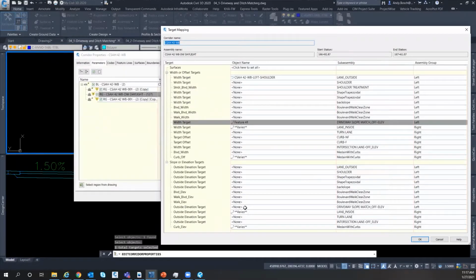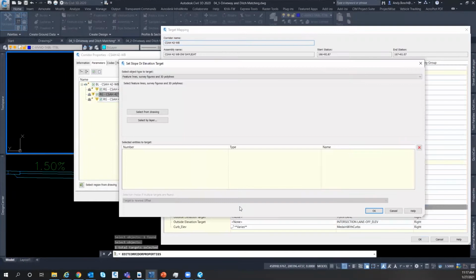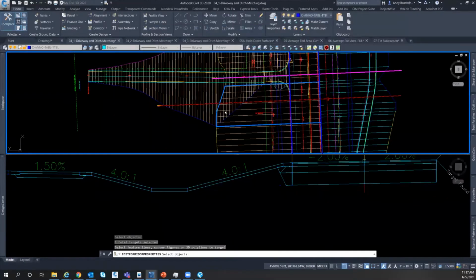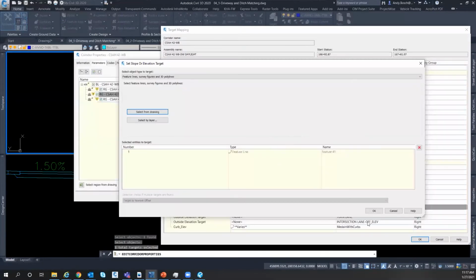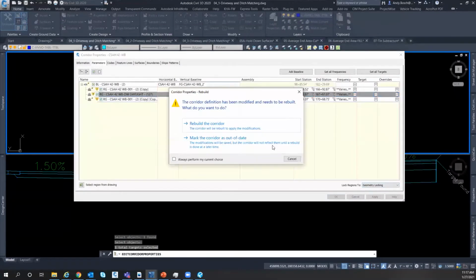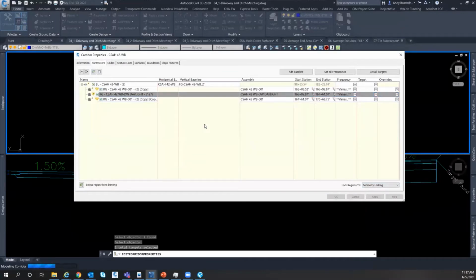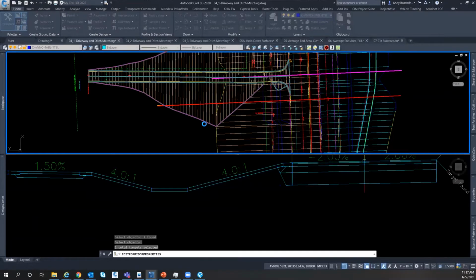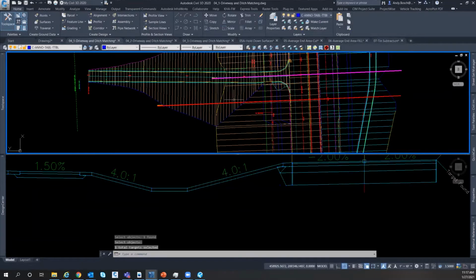And I'm going to do the same thing for my elevation for that driveway. I'm going to select from drawing. I'm going to select that feature line. And now that's going to give me my elevation. I'm going to hit OK. I'm going to rebuild the corridor. And now you can see that